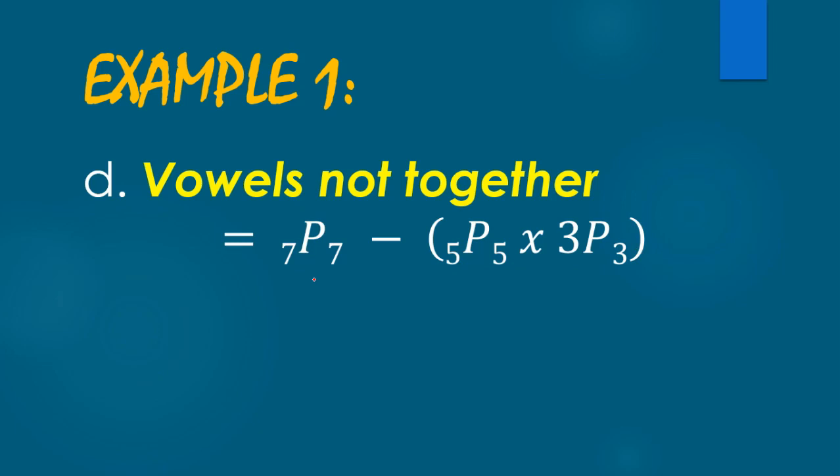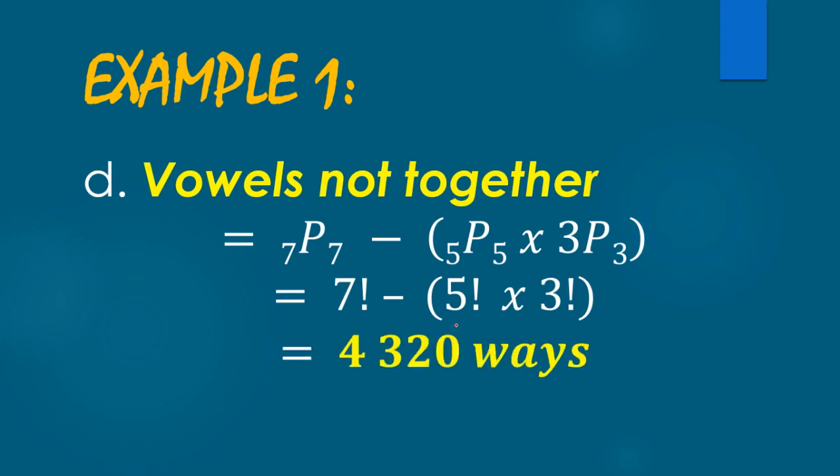So you will have here 7 factorial minus the quantity of 5 factorial times 3 factorial. Or again, 7 factorial is 5040 minus this 5 factorial times 3 factorial is equal to 720. So we'll have here 5040 minus 720 will be equal to